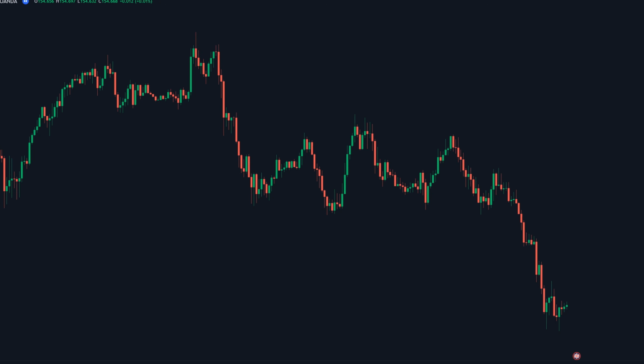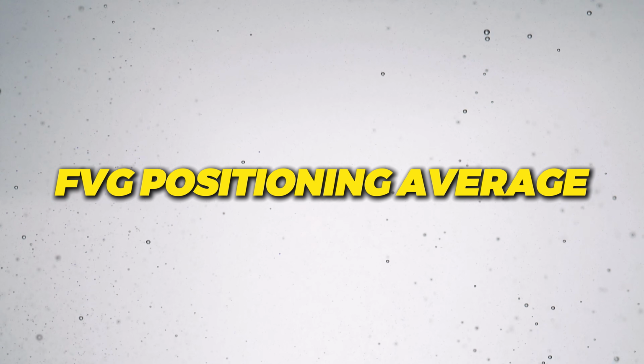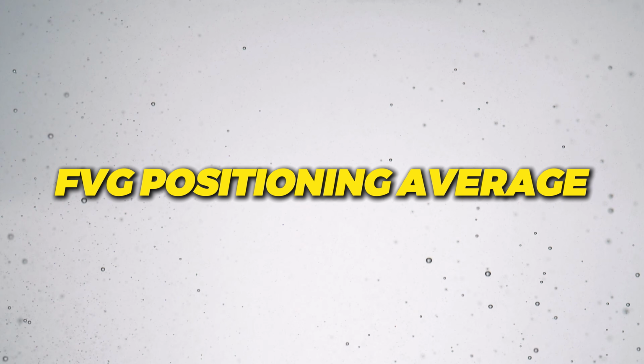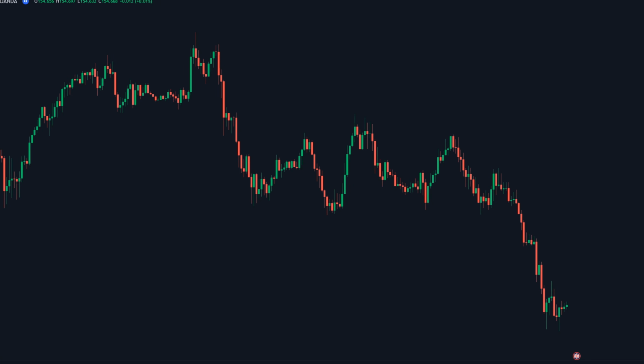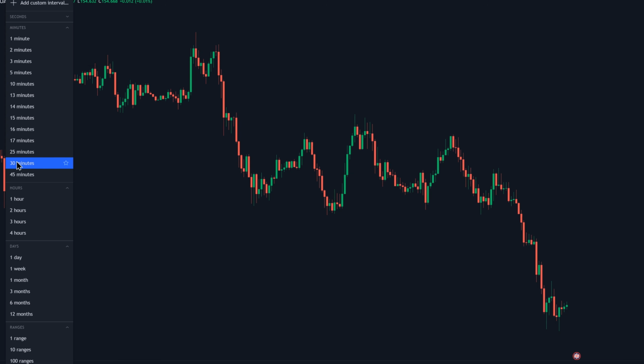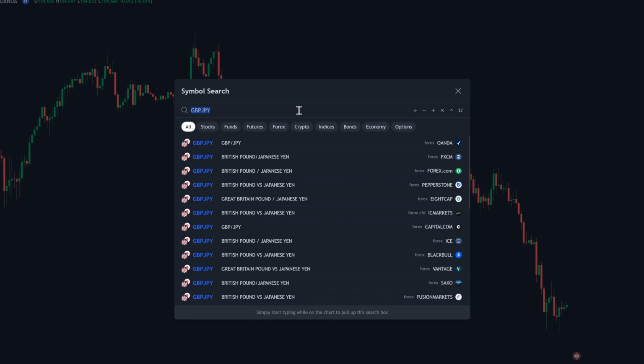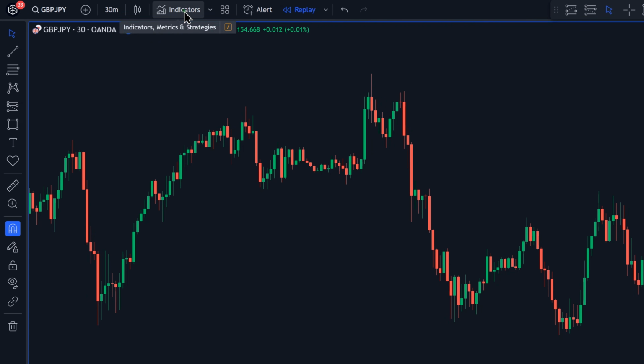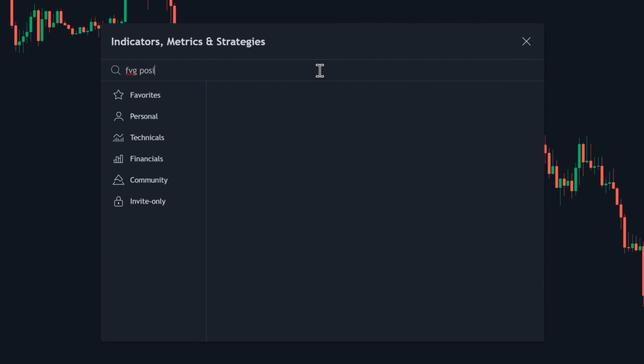Let's get into it. So this indicator is called the FVG Positioning Average, created by LuxAlgo. To add it to your chart, you want to go to TradingView and then load any trading security that you like in any time frame. For me, I'm going to be using the 30-minute time frame of GBP-JPY. After that, you want to click on Indicators and then type in FVG Positioning Average, and it's going to be